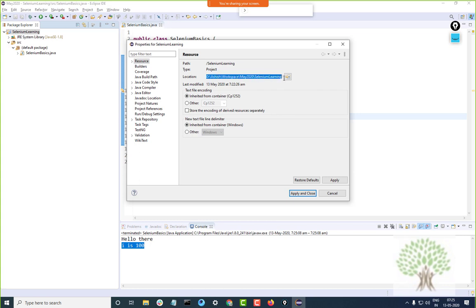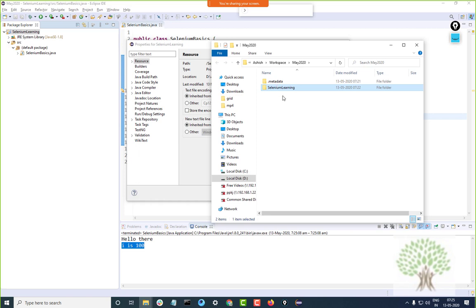This is the physical location, the workspace path we gave while launching Eclipse. If I click on this icon, it will open the workspace Selenium Learning folder inside your folder explorer.